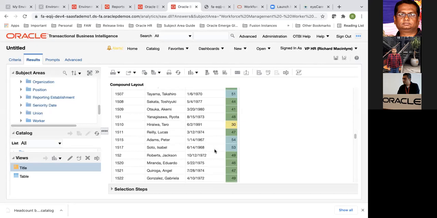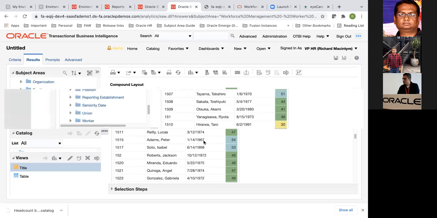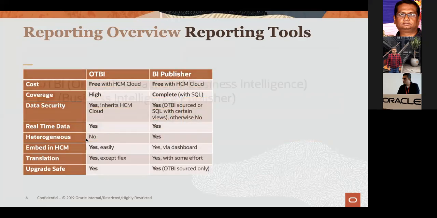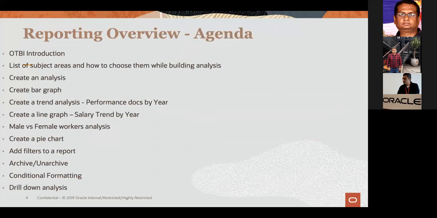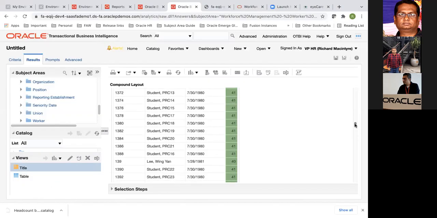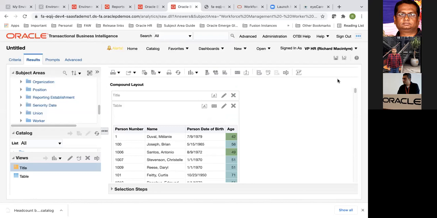So I think this was the agenda for today. Maybe I'll just take a quick look if I've missed anything. Maybe prompts is something that Mr. Raghu, just check here. Analysis, bar graph, pie chart, filters, conditional formatting, drill down analysis, right? So prompts was part of the dashboard, and dashboard prompts was part of session 2, Kishore. But I can show quickly about the report prompts. No, because there was one question on search on the report, so I thought prompts can help you out there. Sure, yeah, we could do that as well.